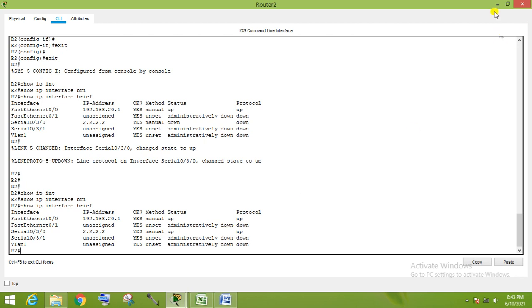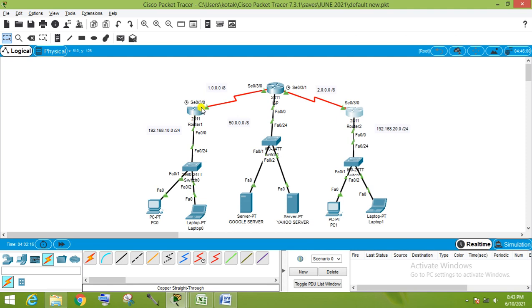Okay, so currently this router knows this LAN route and this WAN route. Same thing, this router knows only this route and this route. And this router knows this network and this network.